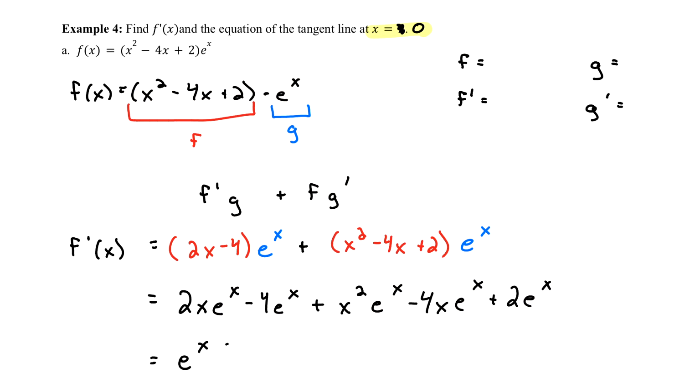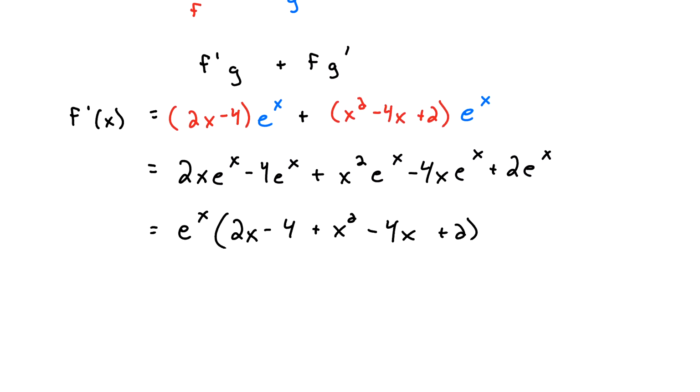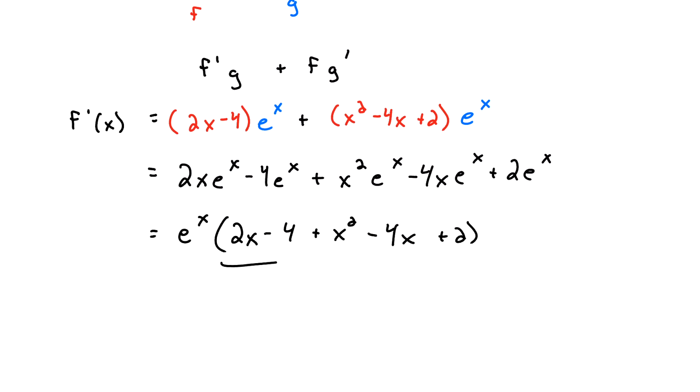e to the x, and that will leave me with 2x minus 4 plus x squared minus 4x plus 2. And I actually could have done that back here. I actually could have factored out e to the x in this step if I wanted to, but that's okay. We got there. The only thing left for me to do at this point is to combine my like terms